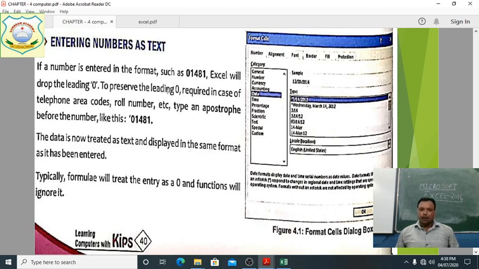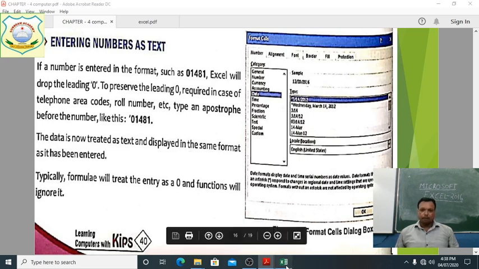To represent the leading 0, which is required in the case of telephone area codes, roll numbers, etc., type an apostrophe before the number like this: apostrophe 01481. So these things will be read by Excel as text.